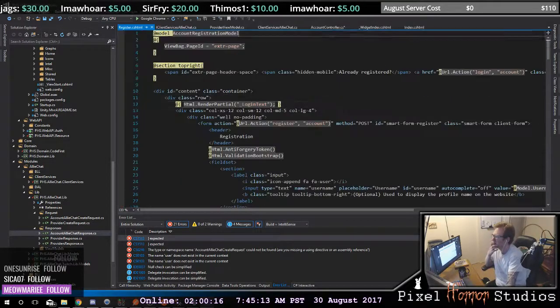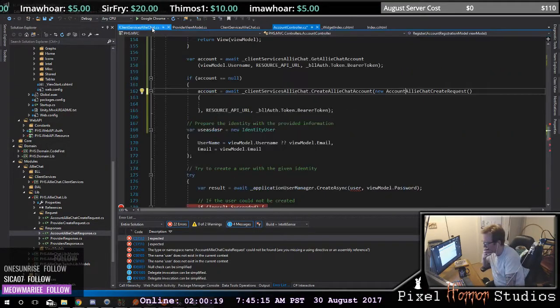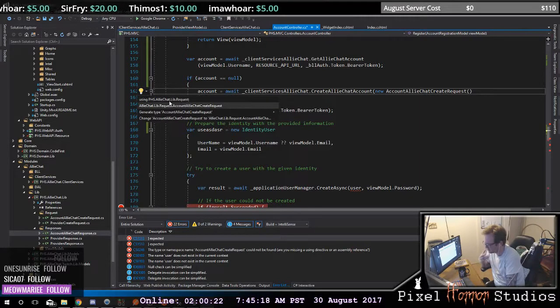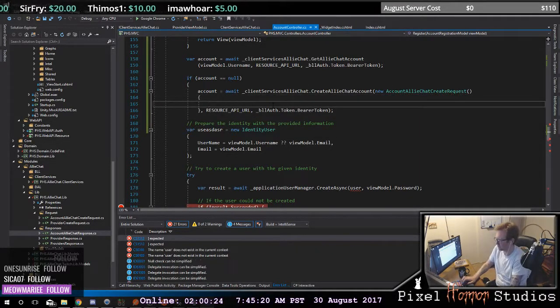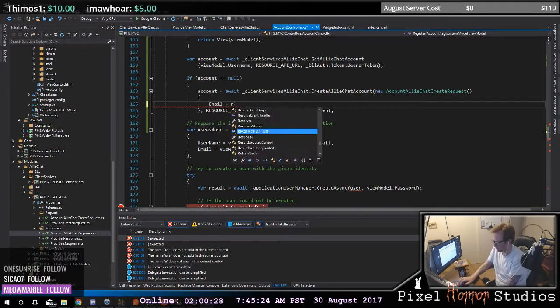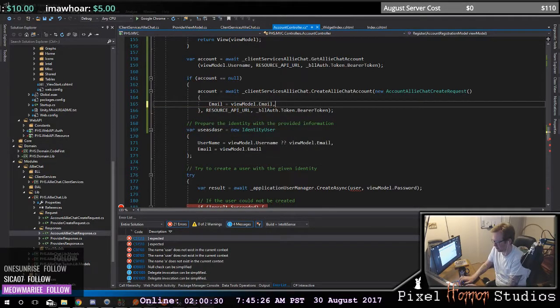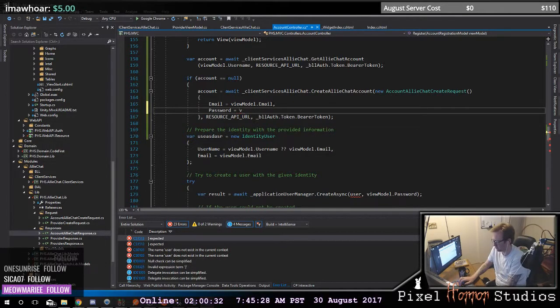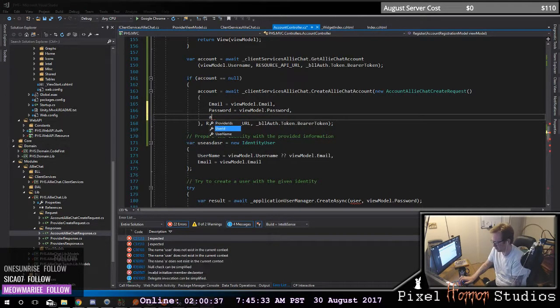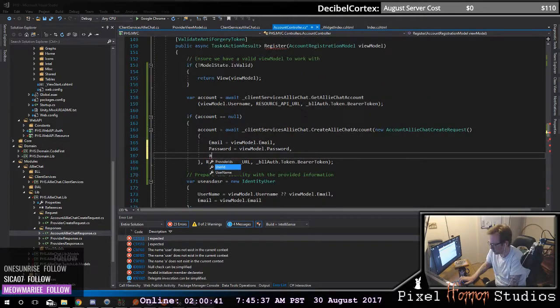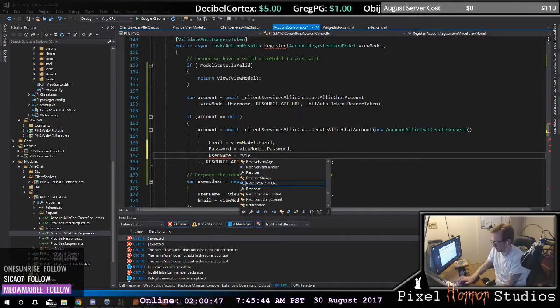Email equals my view model dot email. Password equals my view model dot password. My username is equal to my